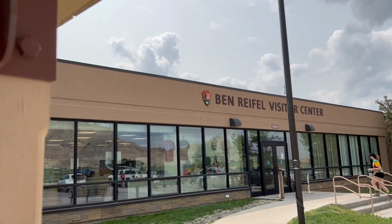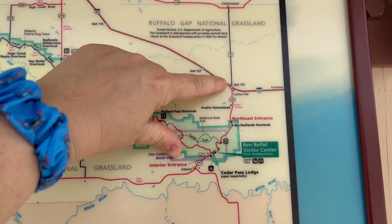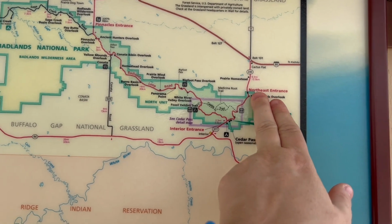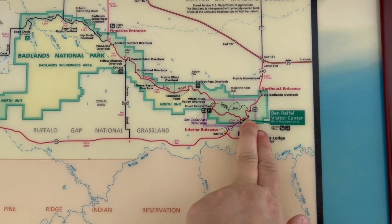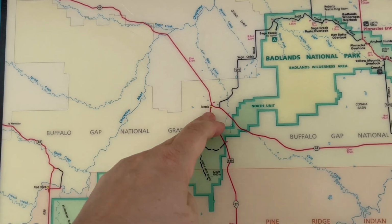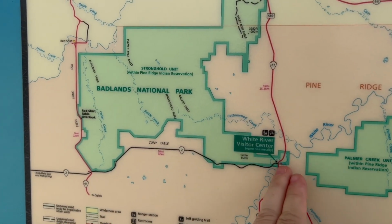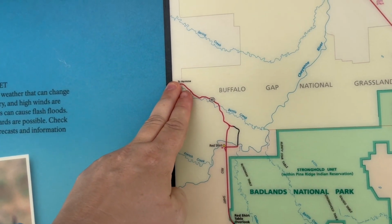So we are here at the Ben Reifel Visitor Center. Here's where we came in from. The Nike missile site was here. Right around here is where we did the prairie dogs. And this is where we just were, I think right here, the big Badlands overlook. We're here now. Today we're going to do all of this. We're going to come down to Scenic, then all the way down. I don't know if the White River's open yet. We've got to ask. But then we're coming across here and going back up this way to get to